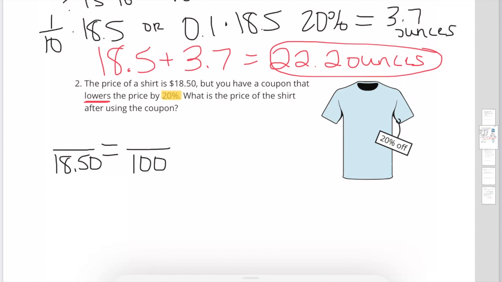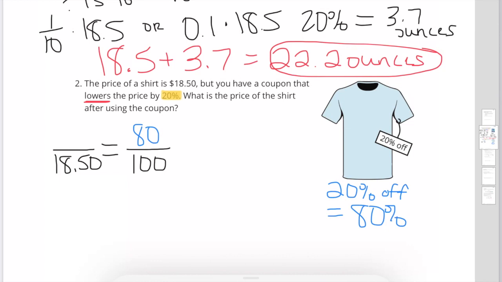If we're lowering the price by 20%, what percent are we actually paying? 20% off means we're paying 80%. Good, so we want to figure out what 80% of